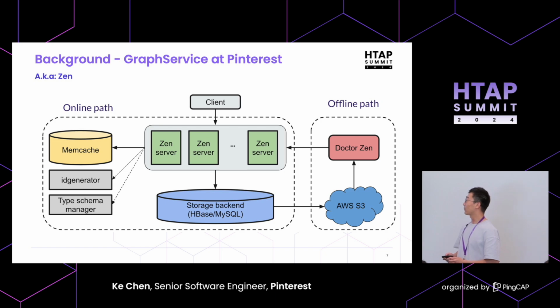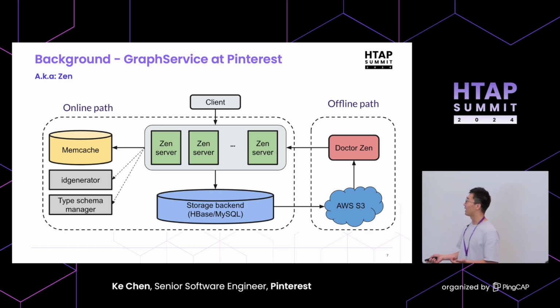Here's a high-level diagram of Zen. There's an online path here. As mentioned, it was on top of HBase and MySQL, and Memcached as well. There's also an offline path on the right. We call it Dr. Zen, which is mainly a MapReduce job to try to fix the data inconsistencies in the system. And speaking of data inconsistency, that's one of the major challenges we've been facing over the years with Zen,